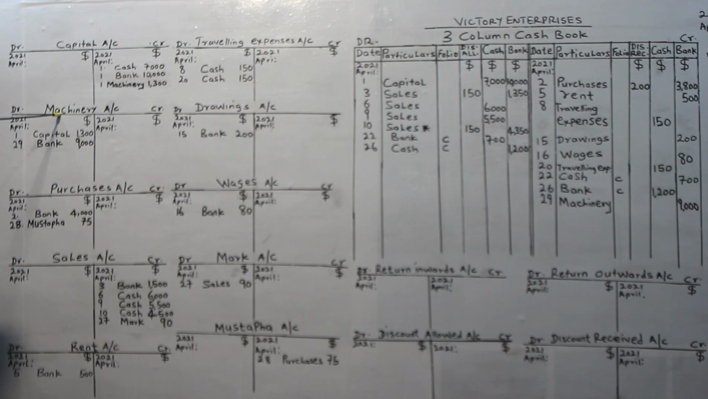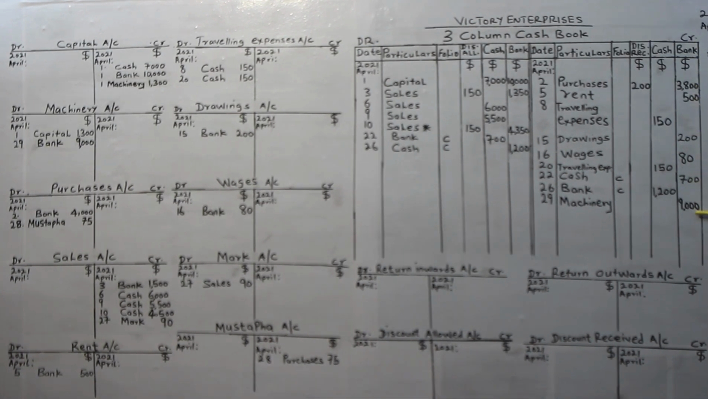Remember that the first machinery that was introduced was from the owner of the business, and the capital account was credited with $1,000 while the machinery account was debited with $1,000. The source of the receipt is the capital account. In this instance of 29th April 2021, the source of the receipt for the purchase of the machinery is the bank column of the cash book. Therefore, we credit the bank column of the cash book with $9,000 given out for the purchase of machinery on 29th of April